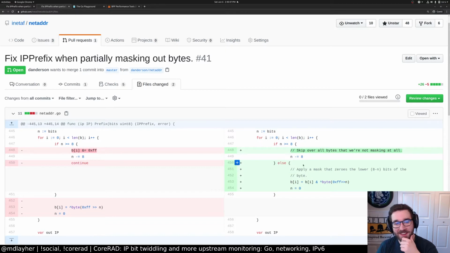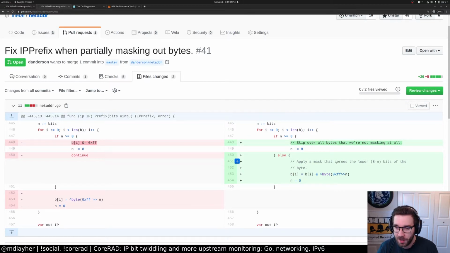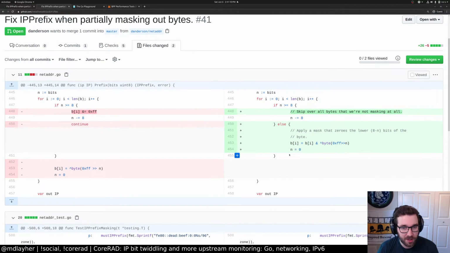Ooh, else statement? I'm kidding, it's fine. We have a joke on stream where I will eliminate else statements with extreme prejudice. But I think in this case it might actually be... I don't know, I wonder if it would be more efficient. It doesn't really matter. We'll worry about benchmarks. 0 is the lower 8 minus m bytes. Yeah. Seems good to me.